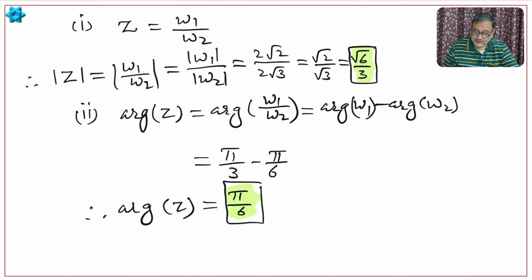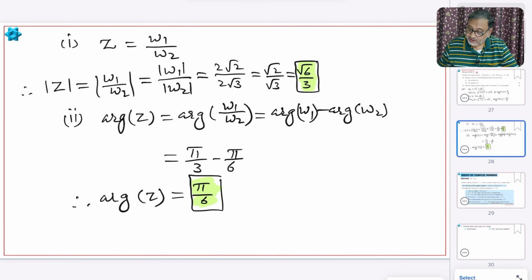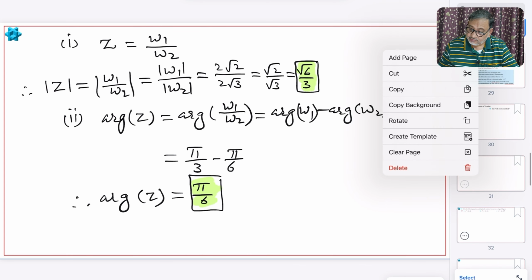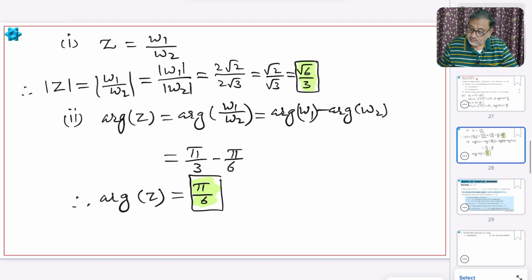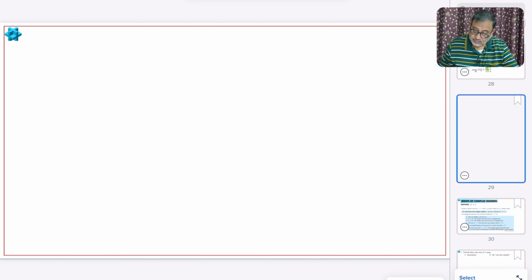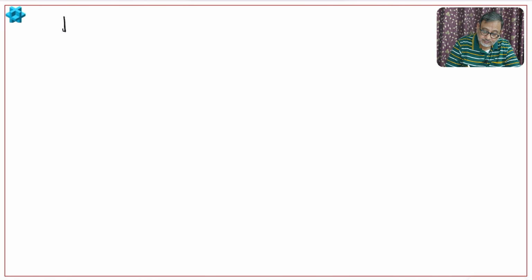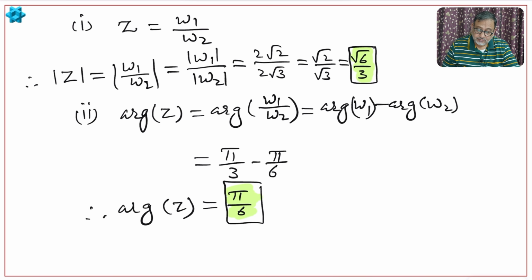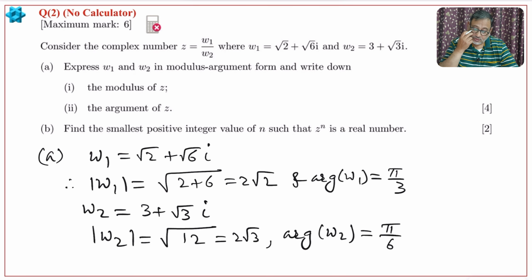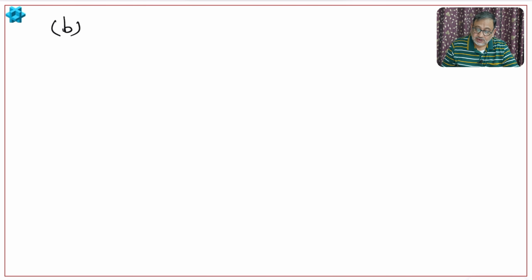Now B part says, B part is there space, I don't have space, so I will need space. Wait, let me copy empty page here. Yeah, now I have space. Now B part says, what we have to find? Find the smallest positive integer value of n such that z to the power n is a real number, right? See, it will be a real number if the argument is